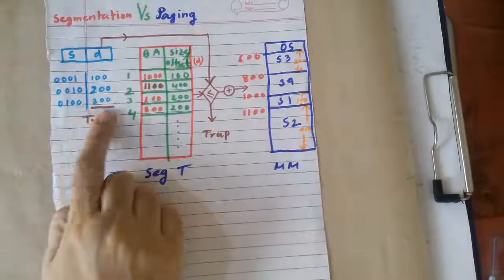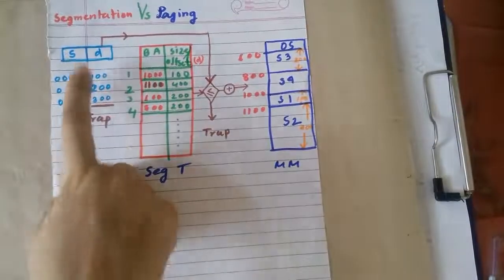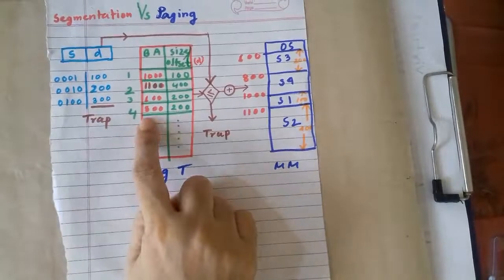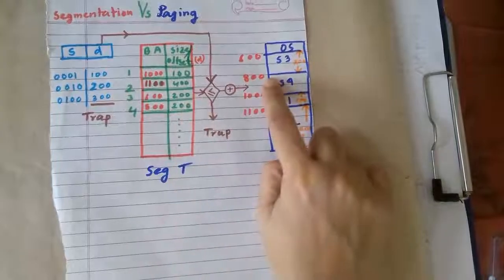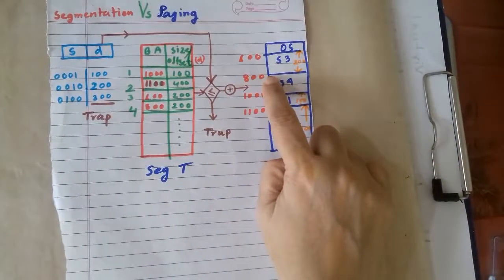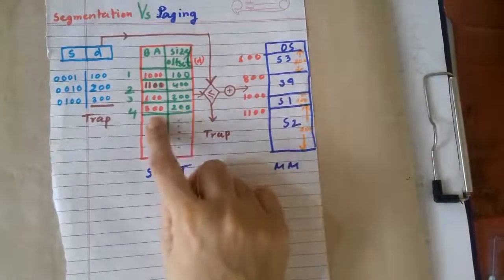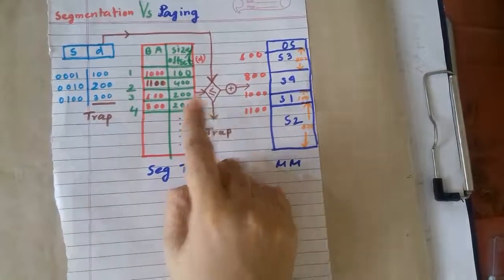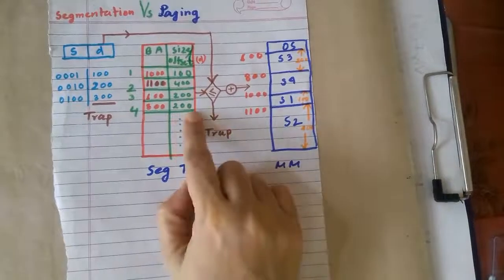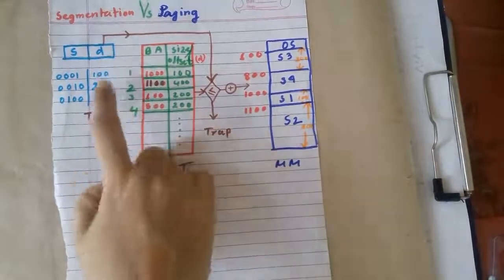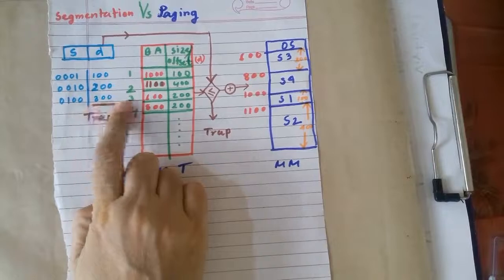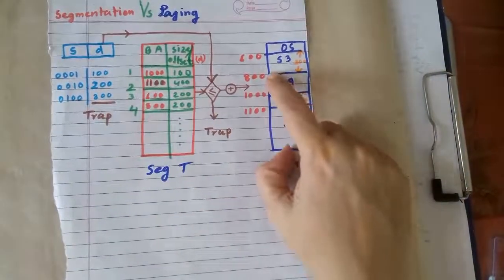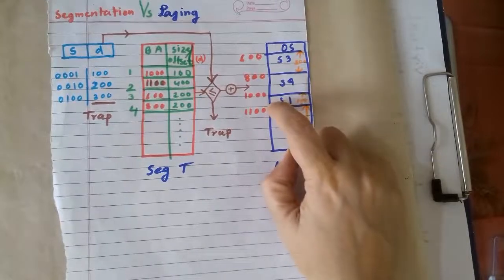Now consider this. Let's say now the request of segment number is 4. So where is it stored? It is stored in 800 location. We should go to 800 location. What is the length of the segment? The length of the segment is 200. We already know the length of the segment. It is 200. But what the CPU wants to fetch from that segment is 300 location, like from 800 it wants to fetch 300 location.